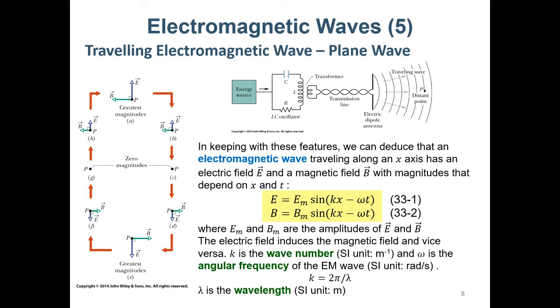In this case, we have E to be like this. x is the propagation direction of the wave, and they are sinusoidal. So we use sine, although you can use cosine, but this doesn't make much difference. Sine and cosine just have a 90-degree phase shift, so it doesn't really matter. And k is called the wave number, which is 2 pi over lambda.